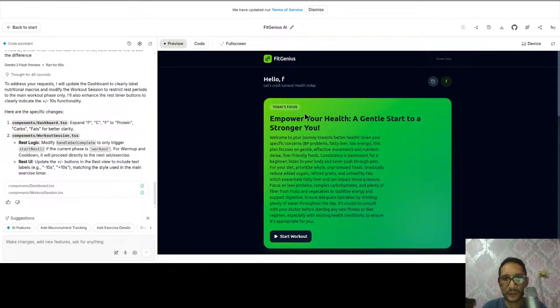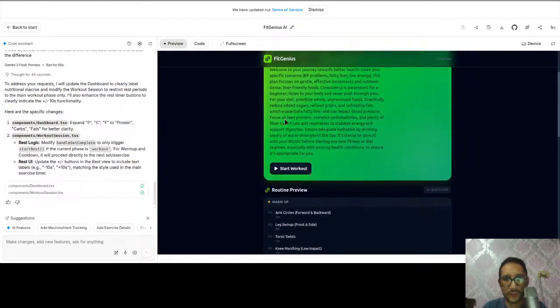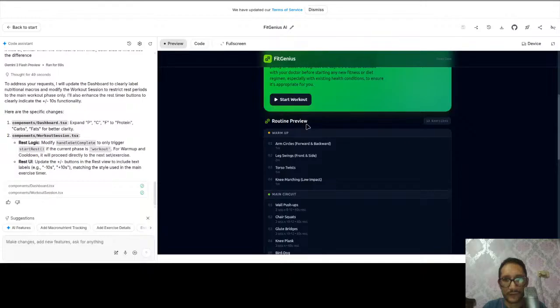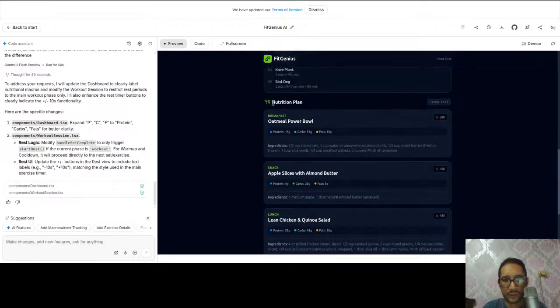Okay, I got it. Empower your health, a gentle start for a stronger you. It is aware about the problems, so it tells you to reduce sugars, refined grains, unhealthy fats, etc. So here it gives you the routine, but also the nutrition plan.